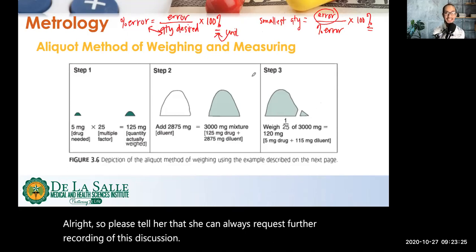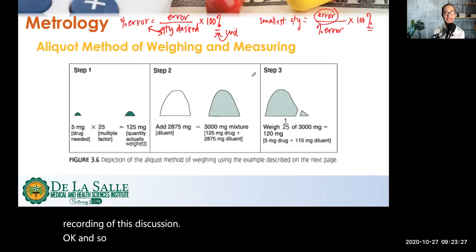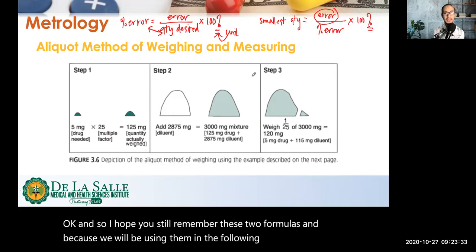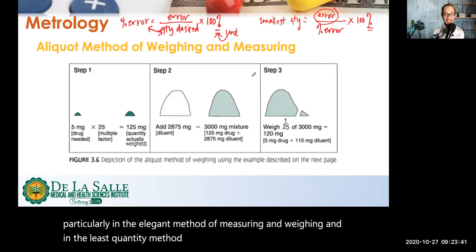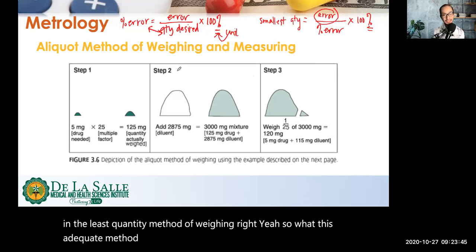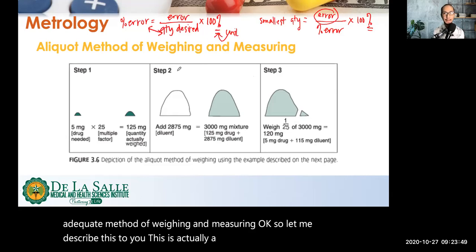Okay, and so I hope you still remember these two formulas, because we will be using them in the following discussions, particularly in the Aliquot method of measuring and weighing, and in the least quantity method of weighing. So what is this Aliquot method of weighing and measuring? Let me describe this to you. This is actually a very simple technique